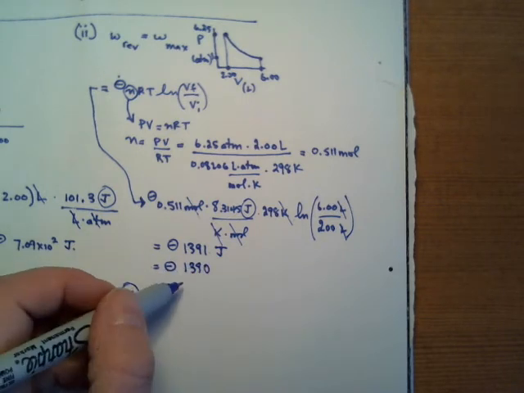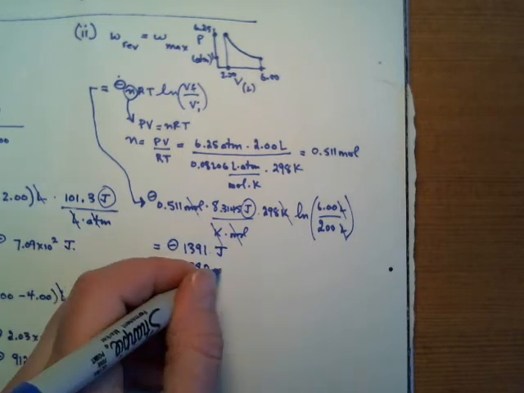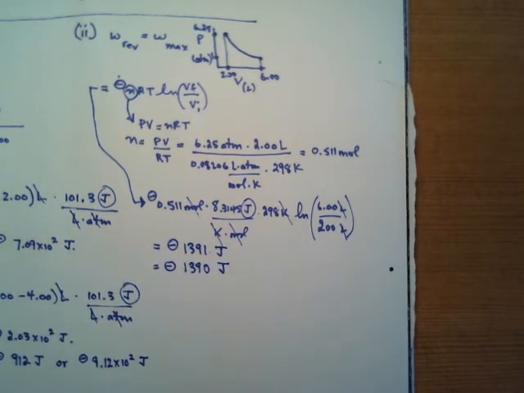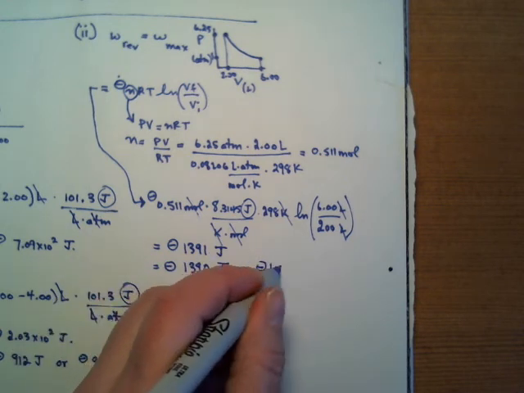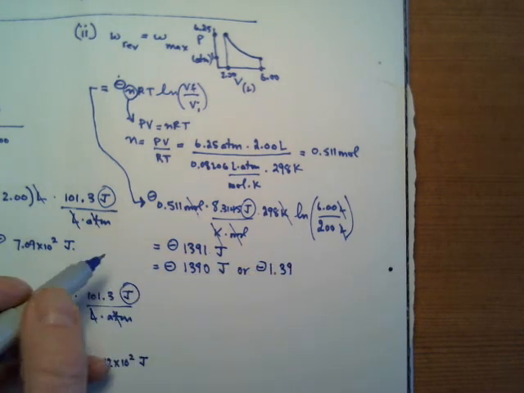If I went to 2 sig figs, sorry, I'm having a mental block, then that would have been 1.4, but I can keep it as 3 sig figs, and so that's 1390, or a negative 1.39